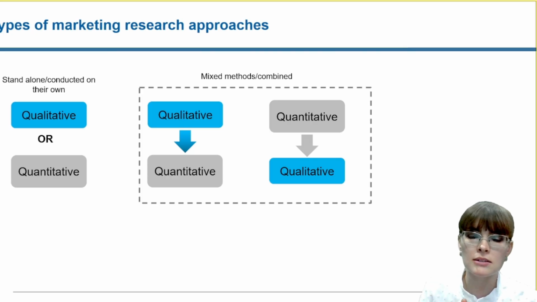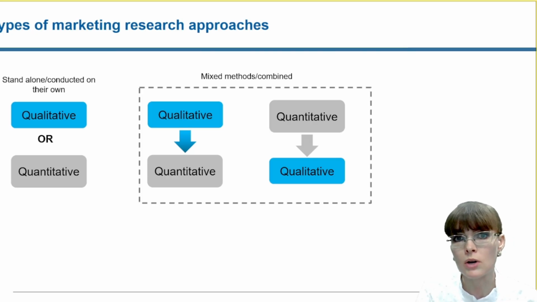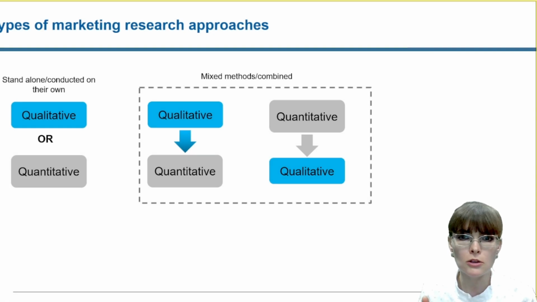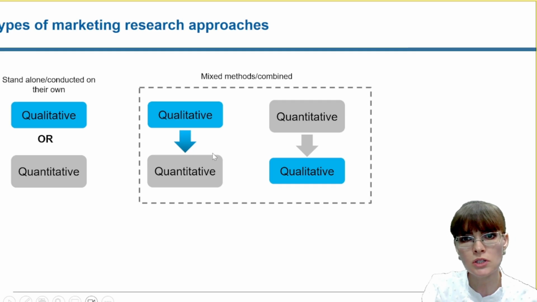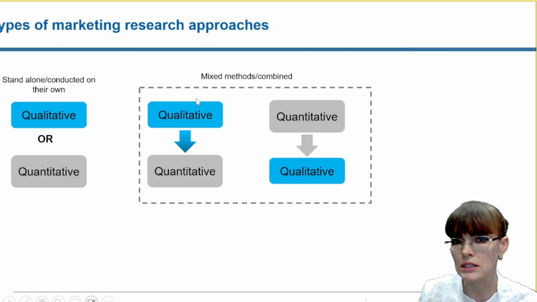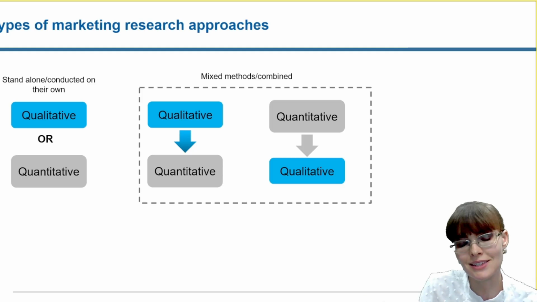But there will be instances when, for example, you need to combine both, and sometimes it's called mixed methods or combined approach. You will see this approach quite a lot done in academia for PhDs or masters by research, or in market research industry, where there is a lot of uncertainty. For example, we're not sure how consumers go through a particular decision-making process, which means in this case, qualitative is really needed as a phase to inform quantitative research.